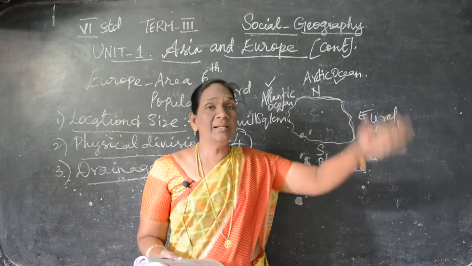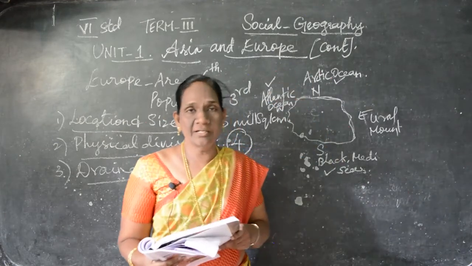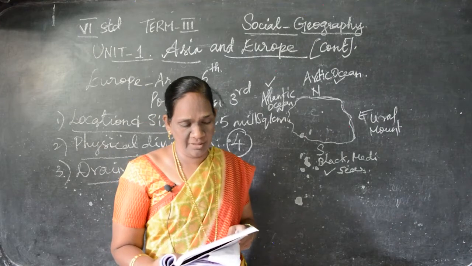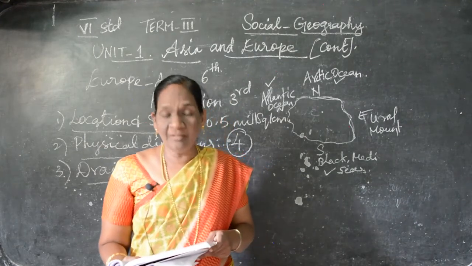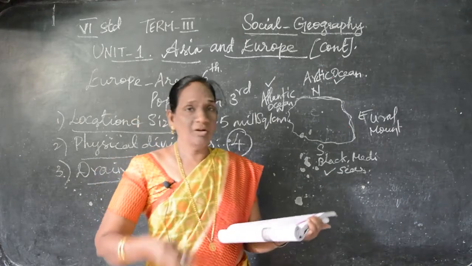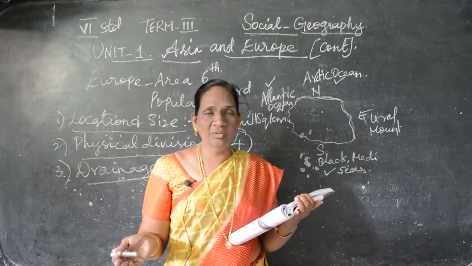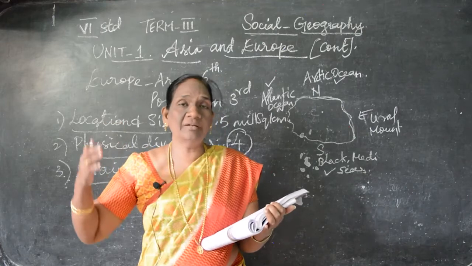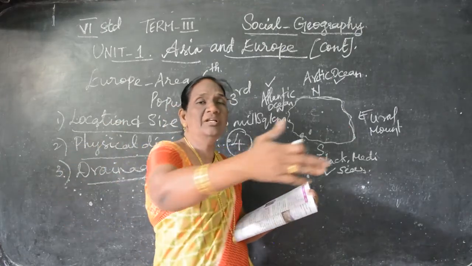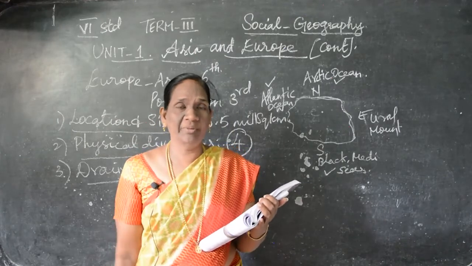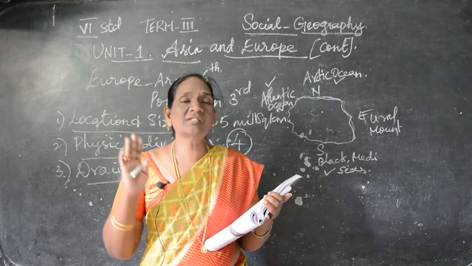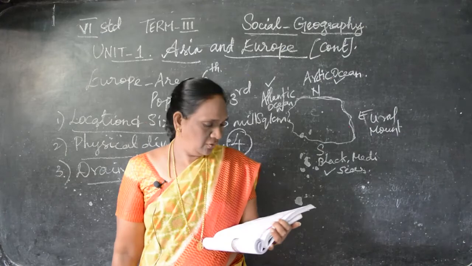Longest means நீளமான இருக்கிறது. Understand? This river Volga is the longest river in Europe, and the river Danube passes through 10 countries in Europe. There are many countries I told you in Europe. அதில் this river Danube 10 countries வழியா அப்படியே ஓடிட்டே இருக்கு. This Danube river, and the longest river in Europe is river Volga.